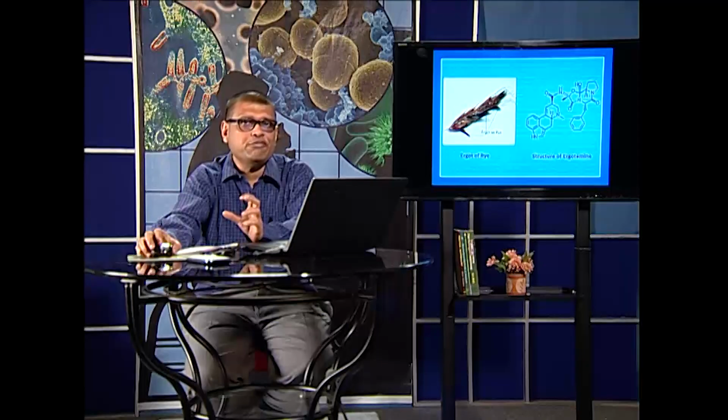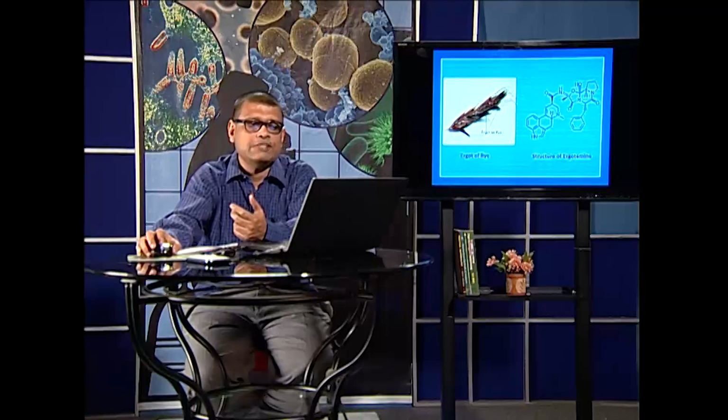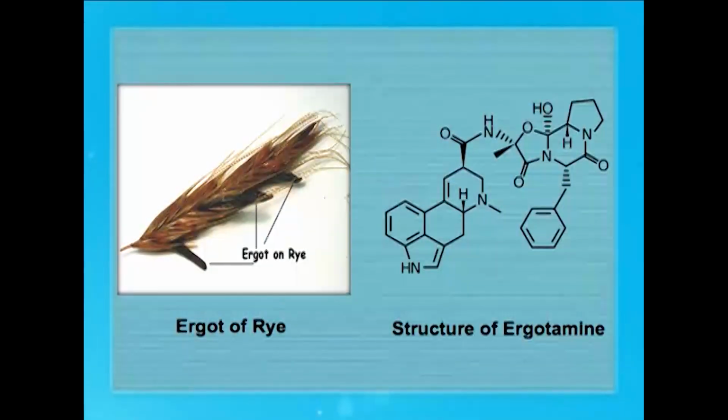The next group is the fungi. The fungi, when growing on different food material, can produce different toxins. One such toxin is the ergotamine, which is produced by the ergot fungus, Claviceps purpurea. This ergotamine causes the contraction of the smooth muscle of the uterus, which may cause abortion in pregnant women,